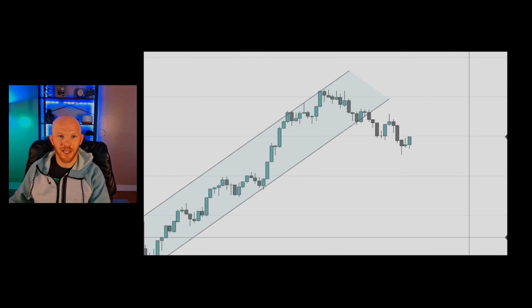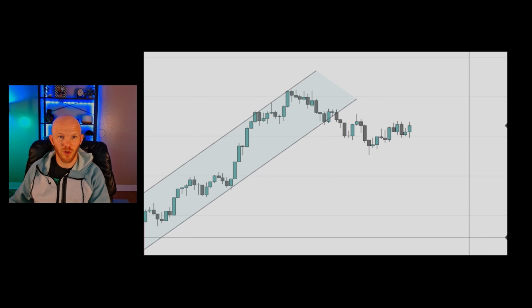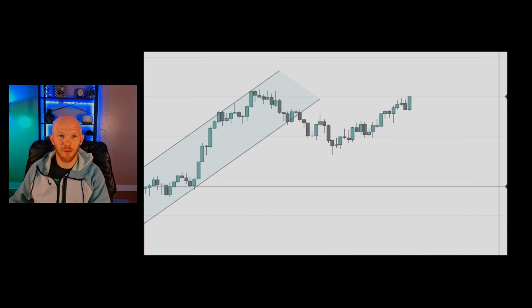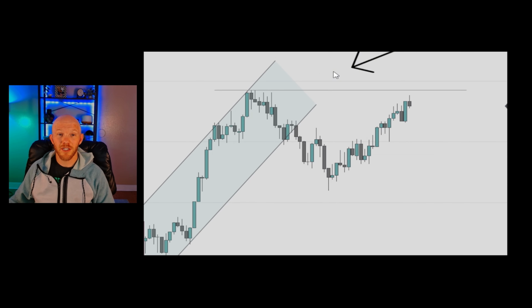We are very likely to get a push up to a new extreme. You'll see right here that we could take longs this whole time expecting the market to go up, and look, it is continuing to go up. We just have our high marked out. This is the point of no return.